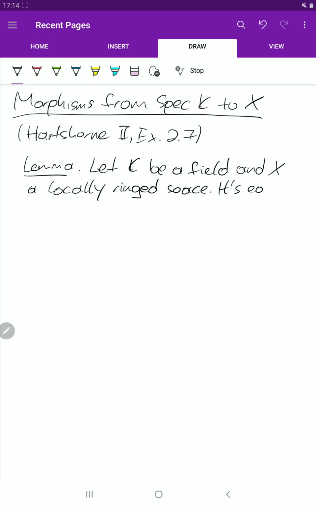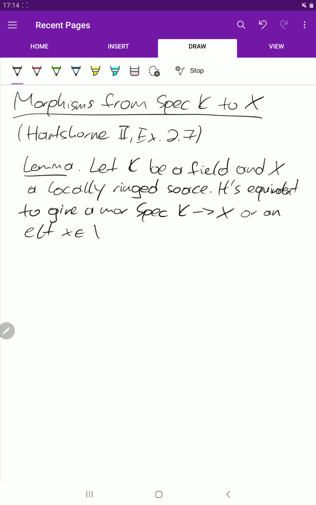I claim that it's equivalent to give a morphism from the spectrum of K, again, K is a field, to X, where X is a locally ringed space. You can also think of a scheme, and this morphism is, of course, a morphism of locally ringed spaces. Or instead of this morphism, we can give an element x in X